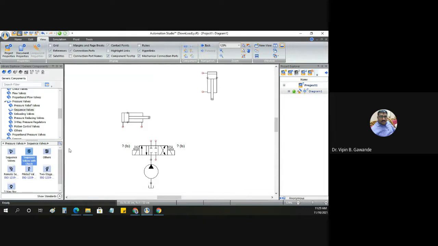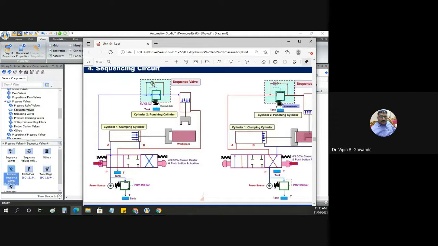We don't want this 3 connections valve. We want only a 2 connection valve here. But here the non-return valve is not there. Let me check again. We want this type of valve, the non-return valve and the sequence valve.